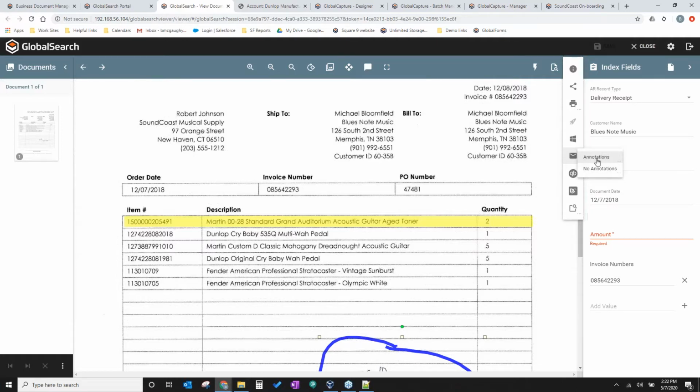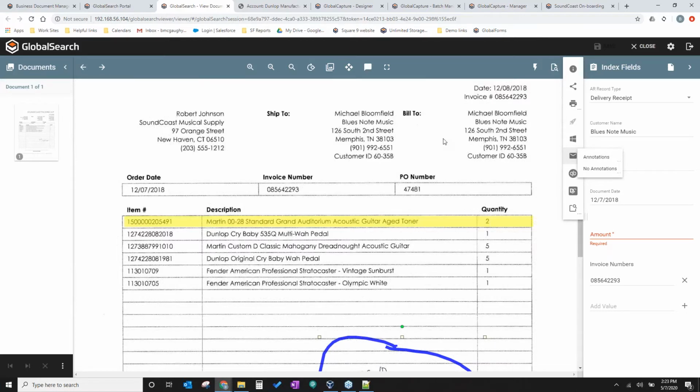So now they can print that out and take it down to shipping and receiving and talk to Mark and say, hey, look, we can't find these two guitars. You signed off on this, showing that you received the two, but we only have one. And then they can come to a resolution pretty quickly of what happened to that guitar.